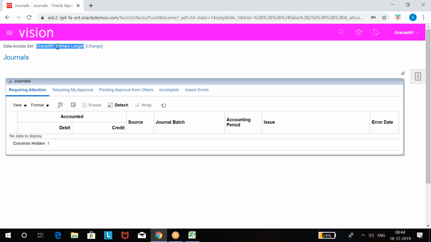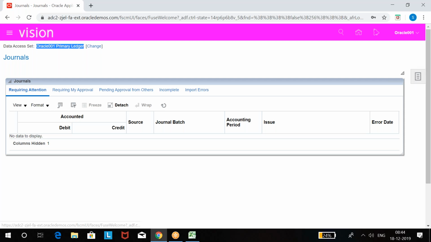Chief Financial Officer, Controller, Financial Analyst, General Accountant, General Accounting Manager. These 5 job roles got access to this ledger. That is the reason the system is showing the ledger here. Clear? Now next we are going to see how to create journal and how to post.